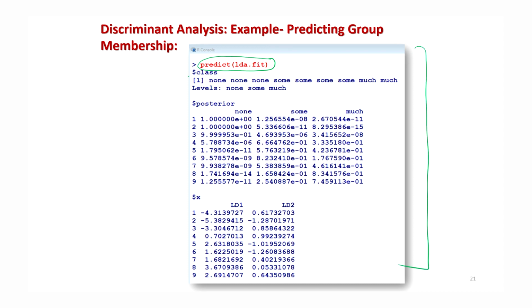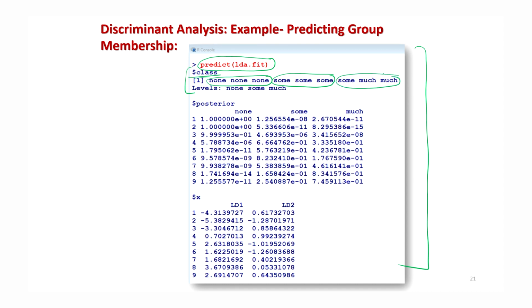Here is the class. Class is simply what you have used: none, none, none, some, much, much, much, and so on, right? It is now indicating what class this LDA.fit is going to give you. Do you remember that your first three observations belonged to none, the next three observations belonged to some, and the remaining three observations belonged to much.